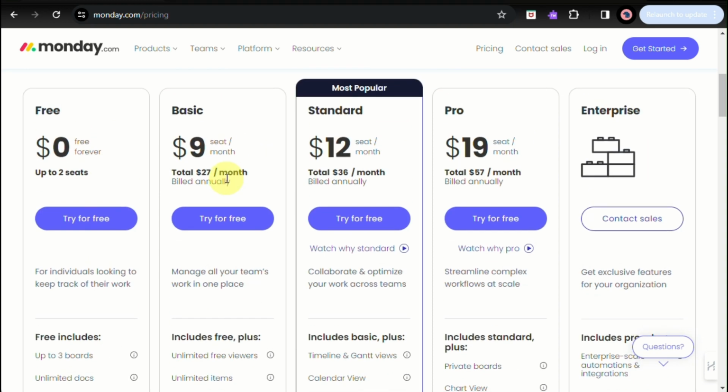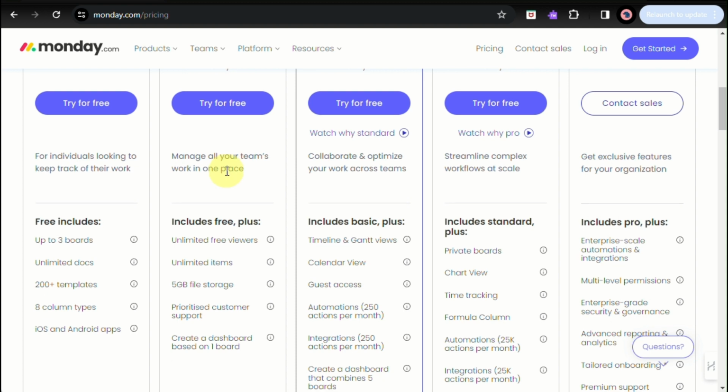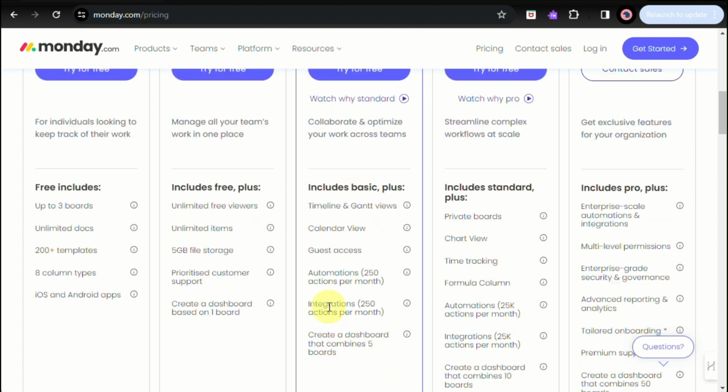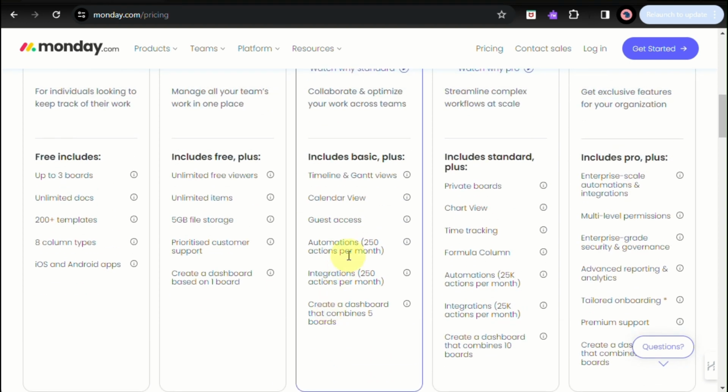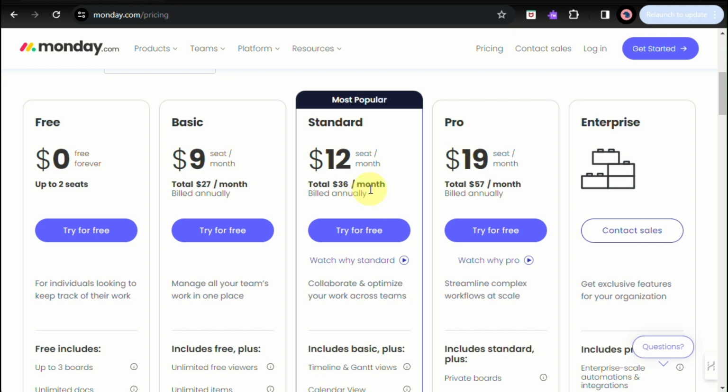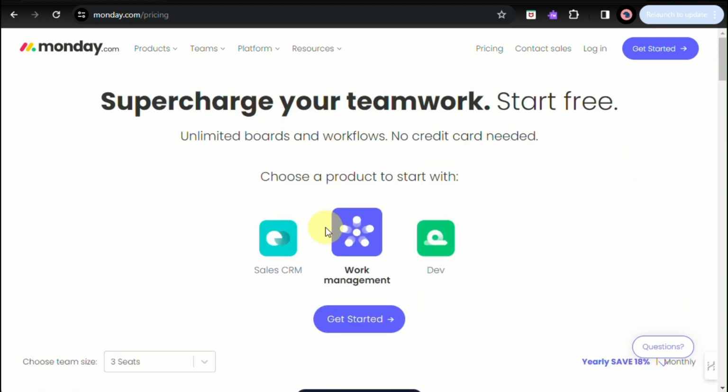And as you can see, there is a free plan that you can use, but it's only limited up to 3 boards and there are some limitations comparing it to the premium plans. You'll be able to see here you have the basic plan, the standard plan, and the pro plan. So for us to get started, just simply click on Get Started right here or log in if you already